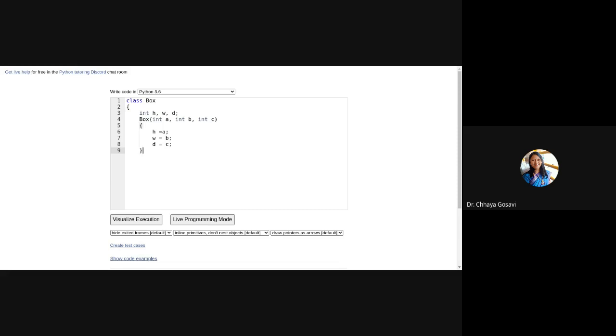So I have a constructor which will initialize these values, and I have a method, say void volume, and this method will calculate volume. Volume is equal to height into width into depth, and display it.